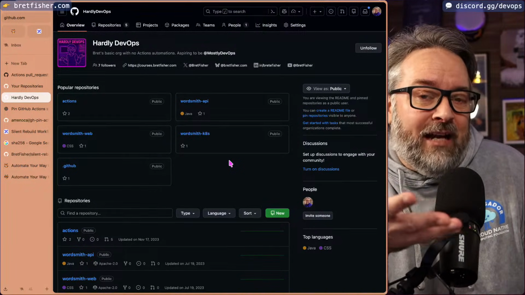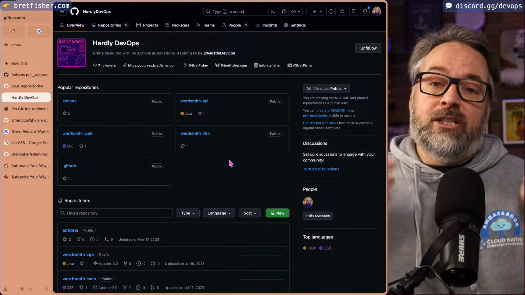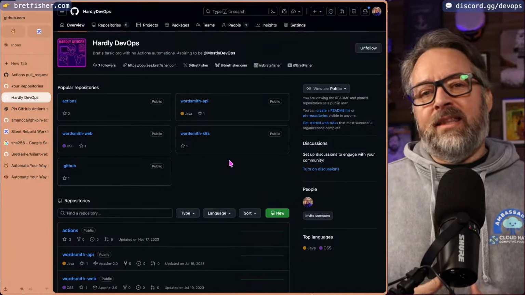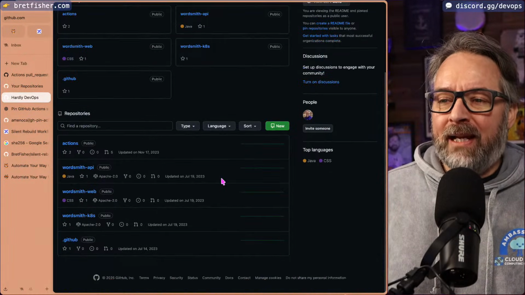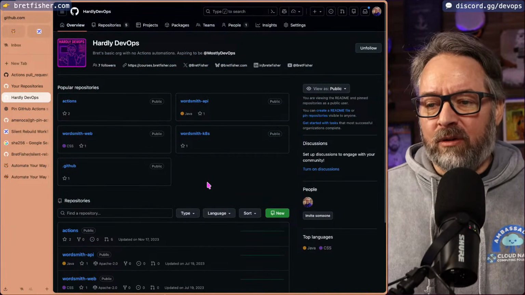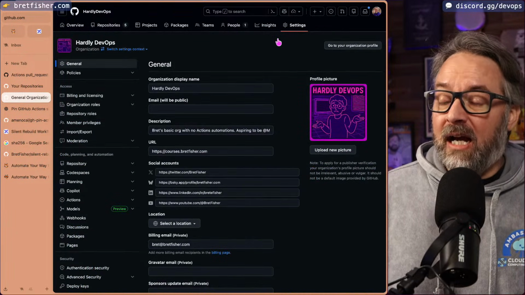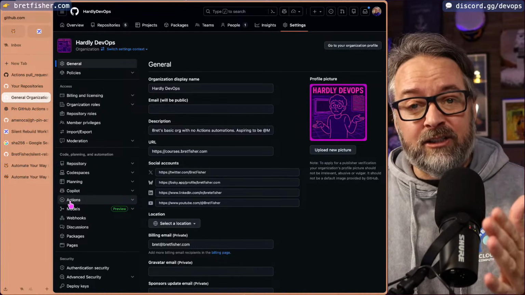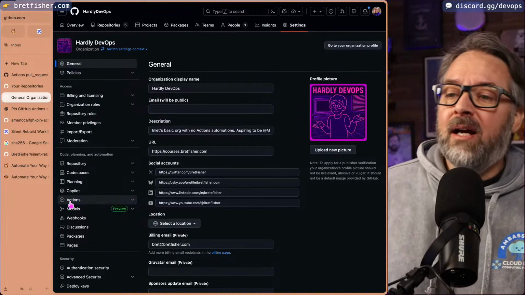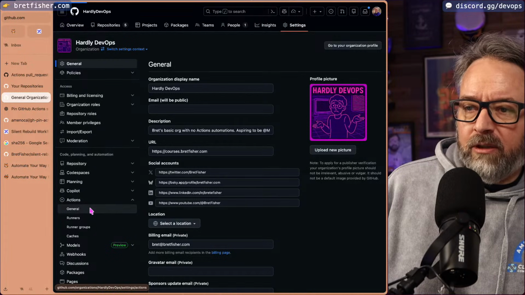In other words, that organization kind of gets it. This one, however, is Hardly DevOps, which doesn't do a lot of things correctly. And so there's a lot of bad behaviors in here. We're not going to go necessarily through all the repos. But over in settings, I actually think these settings are default. I'd have to create a new organization to be sure of that. But I think in this one, we're going to go under General,